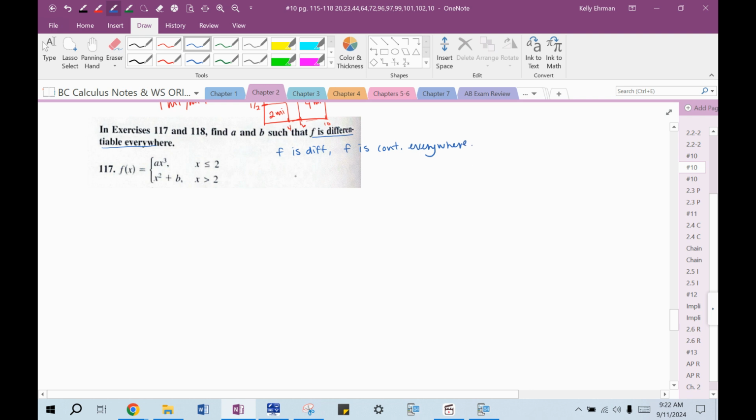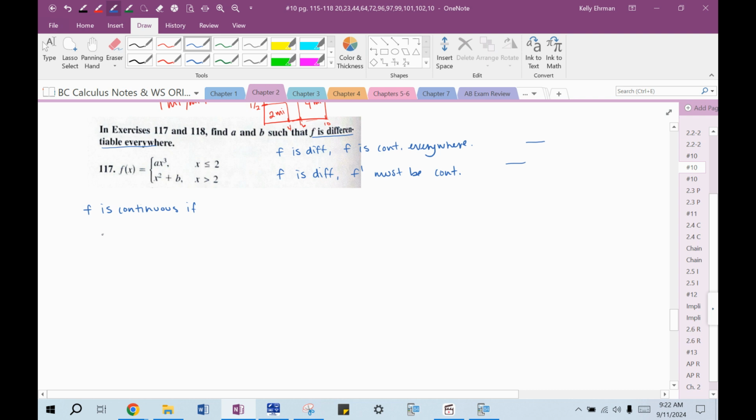And then the other thing is that if f is differentiable, it means that if you have an f prime graph, that f prime graph must be continuous. Because remember, it's where the f prime graph has a jump, where you have like a sharp turn, or if the f prime doesn't exist somewhere, then that can't be differentiable. So, okay, let's start with the first thing. F is continuous